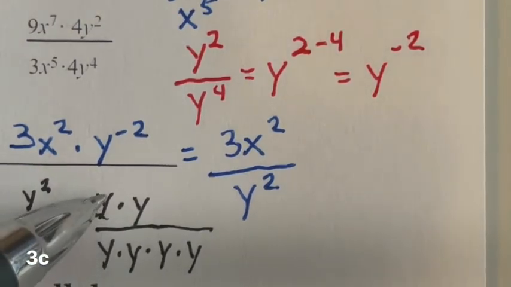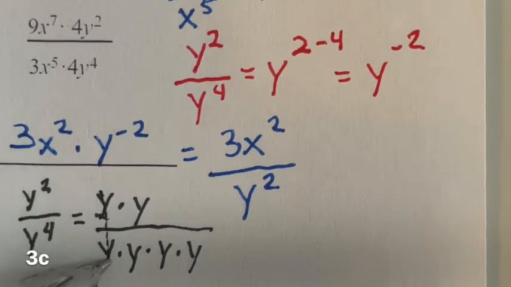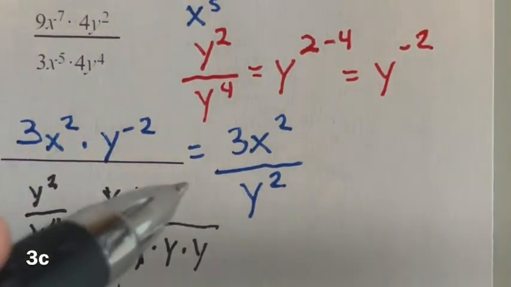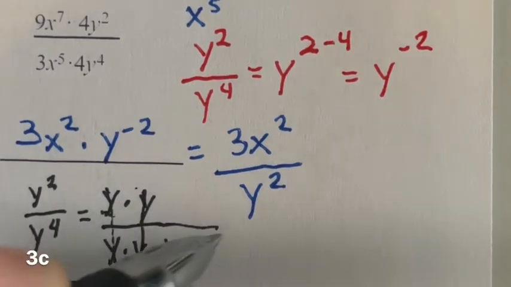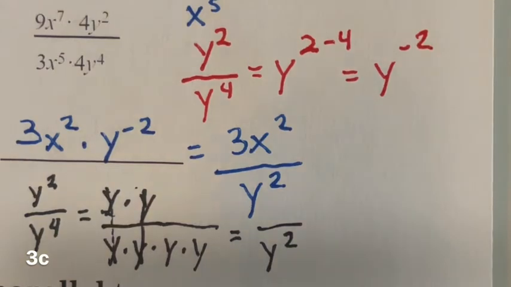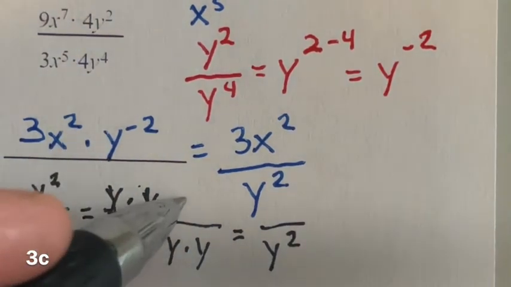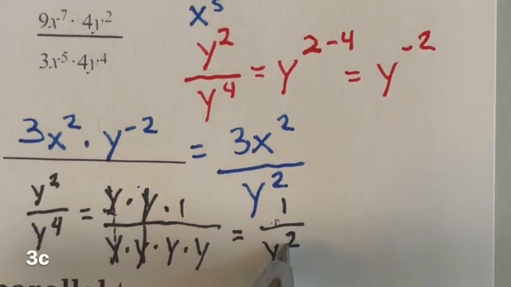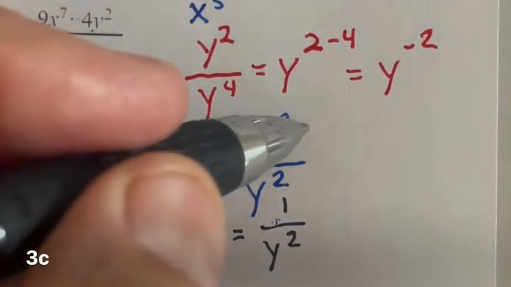Here's a giant 1, y divided by y is 1, y divided by y is 1, and then that leaves me with y squared in the denominator. And I could multiply this by 1, so I have a value up in the numerator. So here's